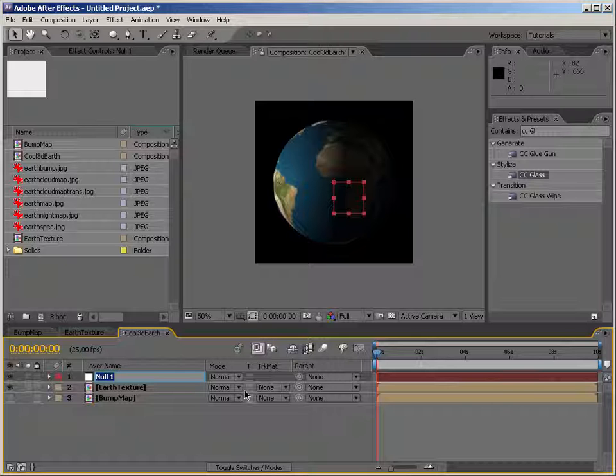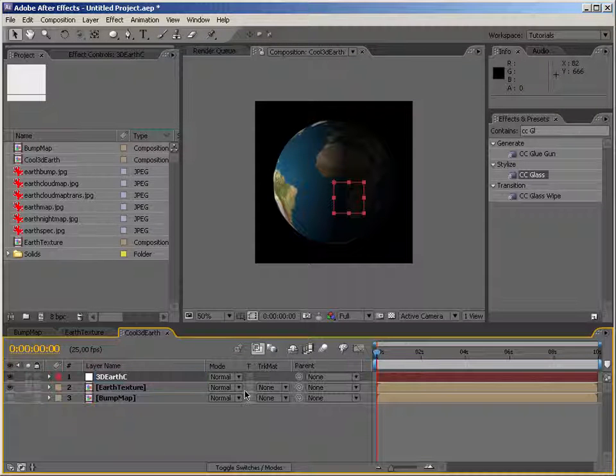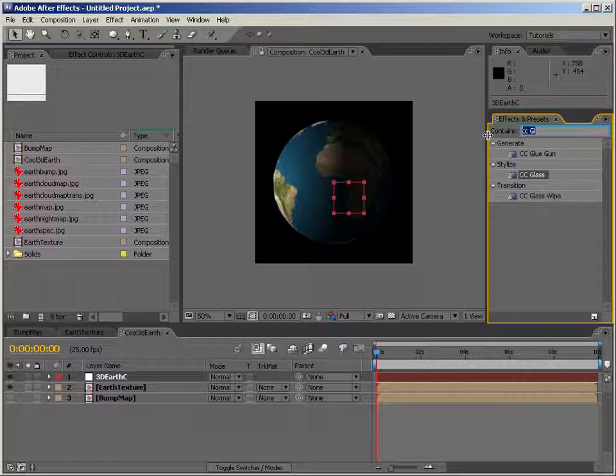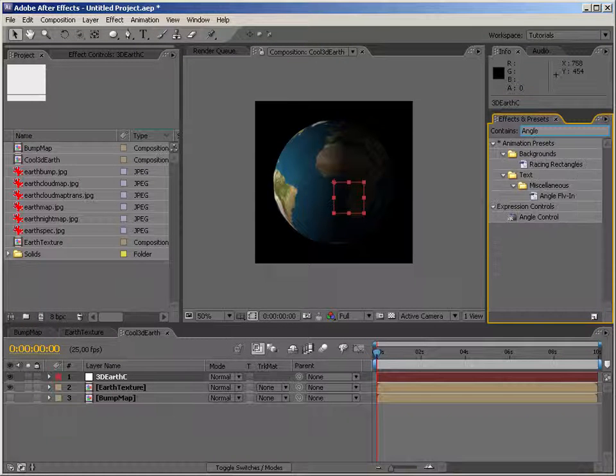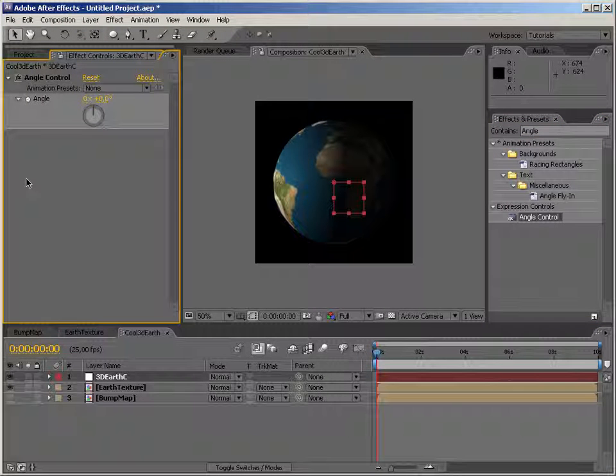It's going to be our 3D controller. And what we're going to have in here, let me just think for a second. Well, for sure we're going to have the angle controller, which is going to be our Earth offset, so we can set the rotation. So let's call this